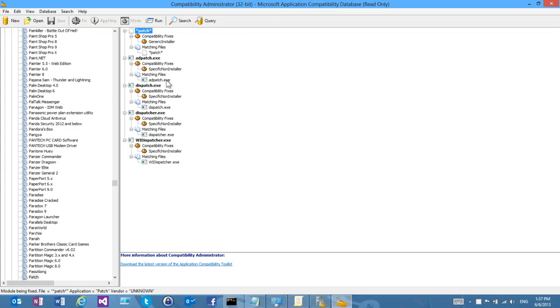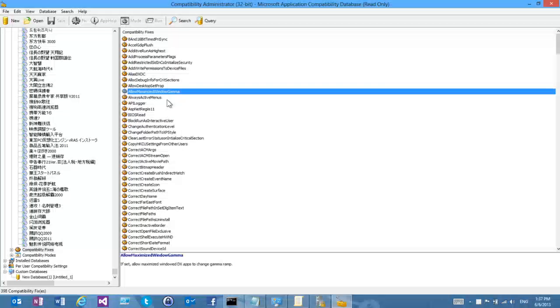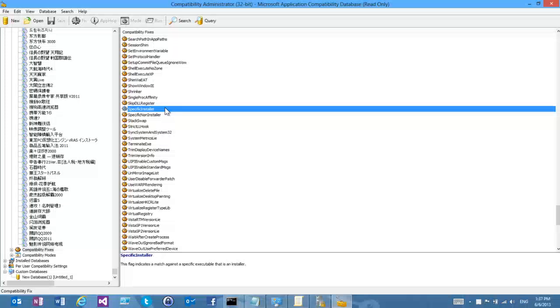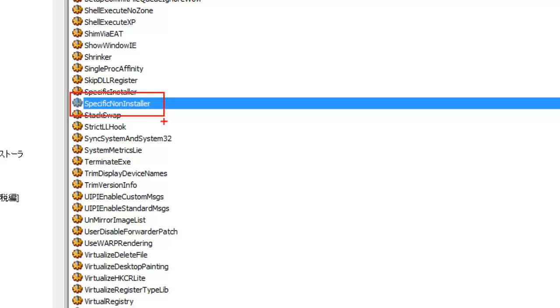That's it, right? It's really simple. It's really straightforward. And guess what? Sometimes it's wrong. So how do you fix that? Well, you could put a manifest, but that could potentially break you in other ways. So there turns out to be another feature, which is the specific non-installer flag that you can apply via a custom shim database. We talk about shims in my app compat session, which is coming up next in this room.